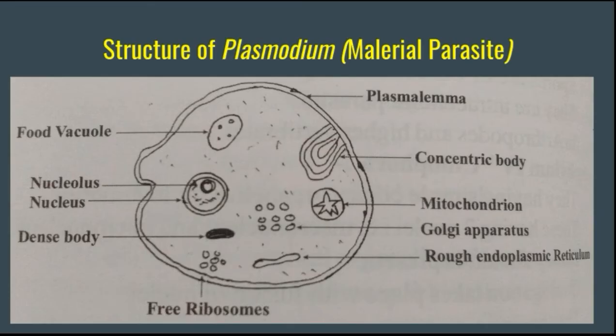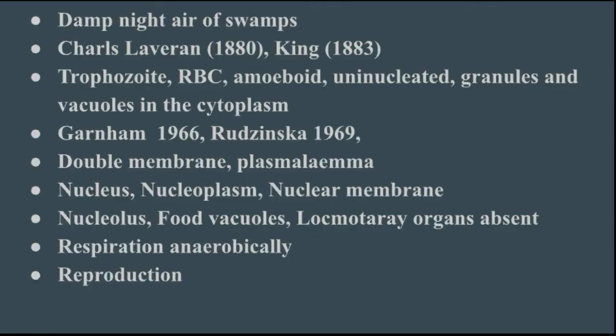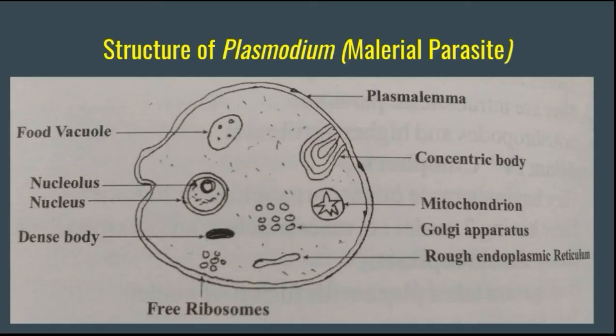Okay, so that structure was first studied by Graham in 1966 and Rudzinska in 1969. You have seen here one particular double membrane structure. That double membrane structure is called the plasmalemma, and it is closely applied to the cytoplasm. The cytoplasm of Plasmodium contains small particles containing